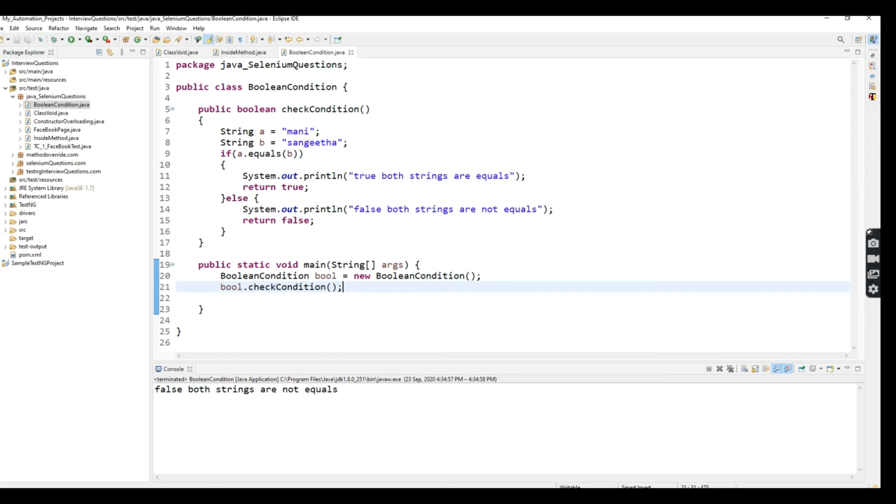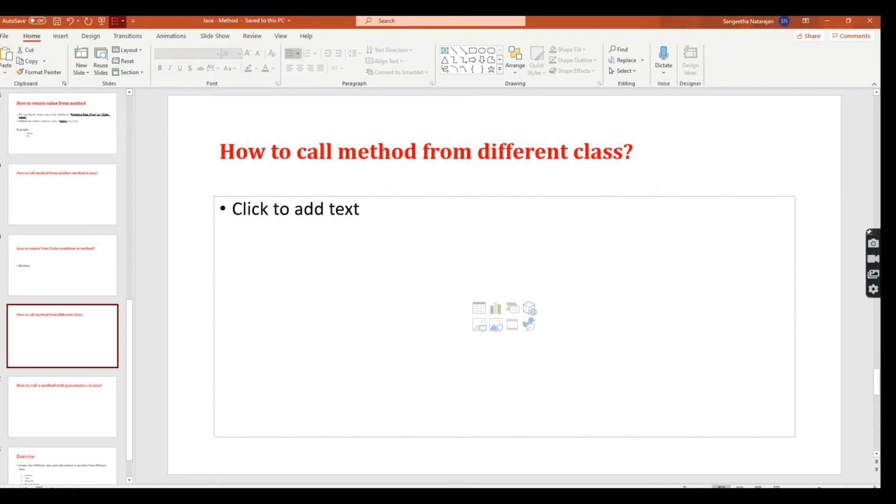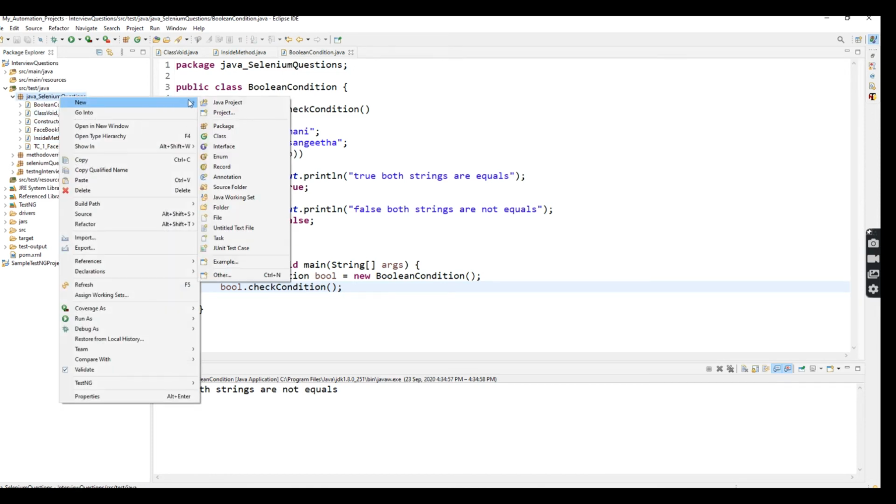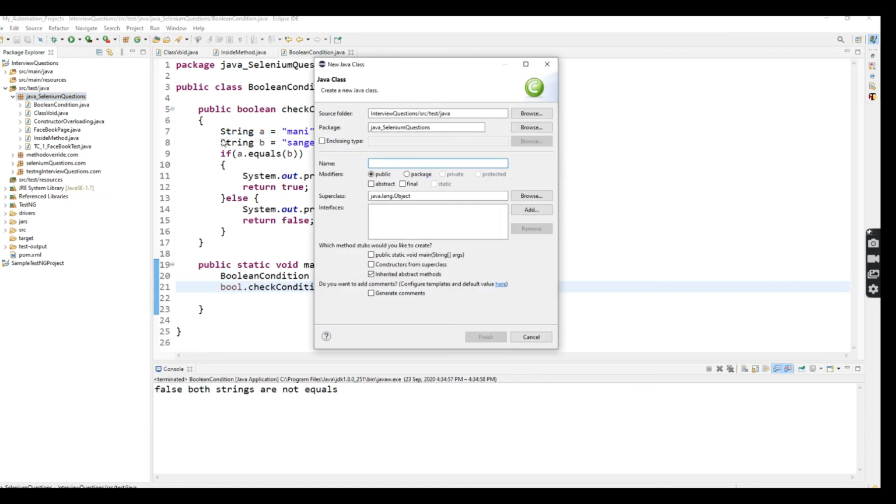Okay, next I'm going to tell you how to call a method from a different class. So already we created BooleanCondition, and inside the method and class void. So here what I'm going to do, I created another class. What class? Call method from different class.